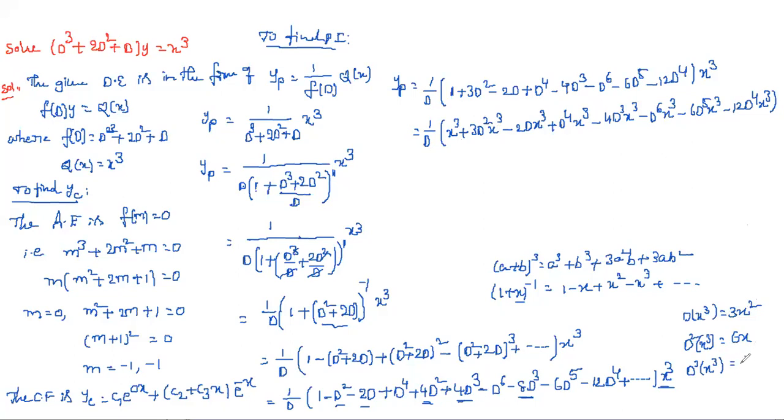3 times derivative is nothing but 6. And 4 times derivative onwards, what we'll get? 0, right? So obviously up to third derivative only we get the constant and remaining onwards become 0. So here it is. Now you can substitute in that yp is equal to 1 by d into x cube as it is plus,